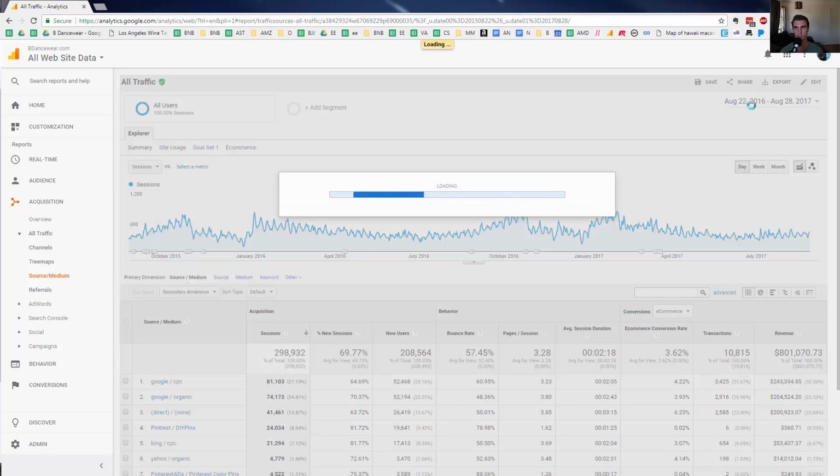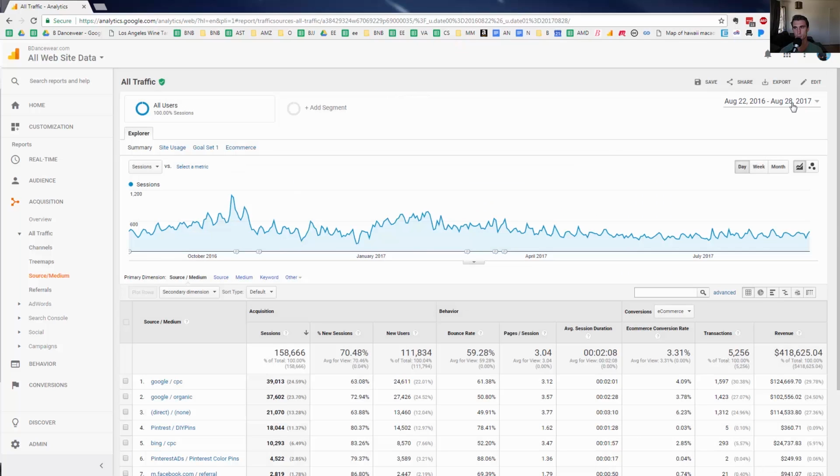from August 22nd, 2016, all the way to August 28th, 2017. So that's a year's worth of data, and this is a lot of data. Now, keep in mind, one of the problems with Google Analytics is it won't tell you if there's an offline purchase. So my revenue is actually higher than this by quite a lot, but a lot of our revenue came in the form of phone calls. So you can set Google Analytics up so it will work with that, but this is predominantly website traffic and